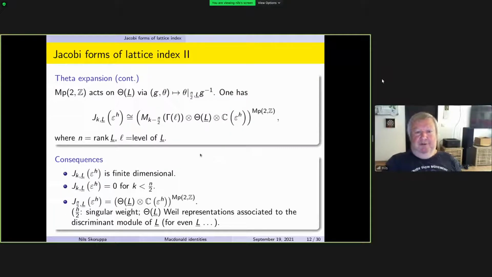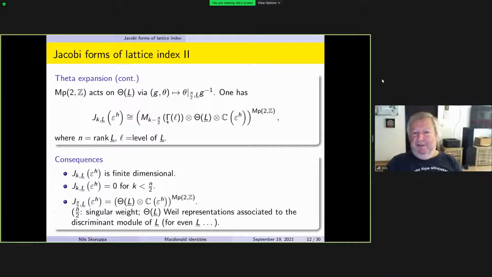And it's known since eternities that Mp2(Z) acts on the theta of L. Well, for the shadow, it's maybe not so known, but it's also not difficult to work out. So it acts on the theta of L. The action is the slash action of weight one half that you saw in the transformation formula of the Jacobi forms. And if one studies this action, one has a very natural isomorphism between the space of Jacobi forms and the spaces that you see on the right. On the right here, you see this Mp2(Z) module, theta of L. You see the Mp2(Z) module of modular forms on the group gamma of L, where L is the so-called level of the lattice L,